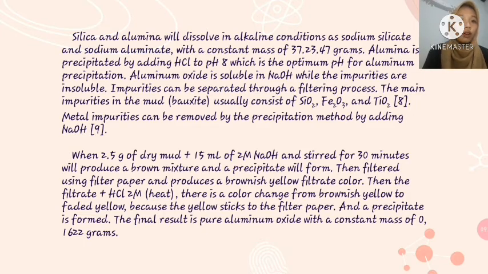Metal impurities can be removed by the precipitation method by adding sodium hydroxide. When 2.5 grams of dry mud reacts with